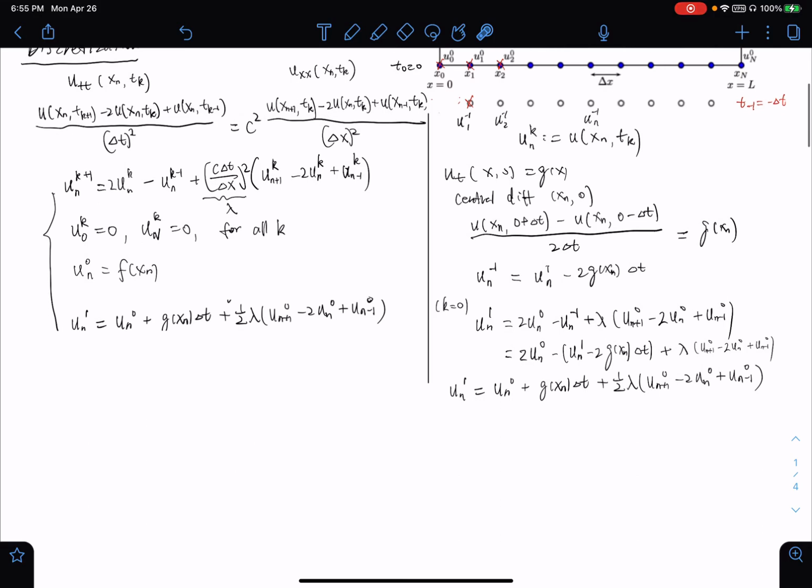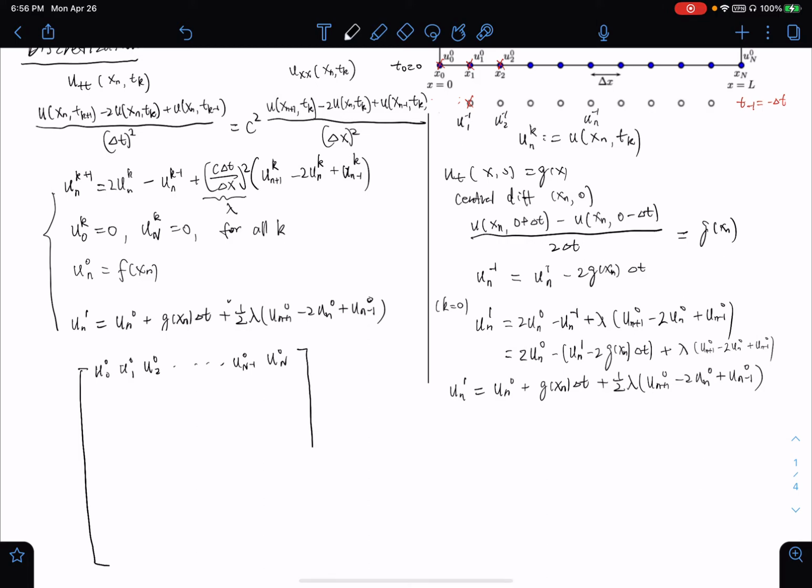To implement this in MATLAB, you can store everything in a matrix, right? And the initialization will be in the first row we have all the values from the initial condition at time step t equals 0, so u_0^0, u_1^0, u_2^0, all the way to u_{n-1}^0, u_n^0,